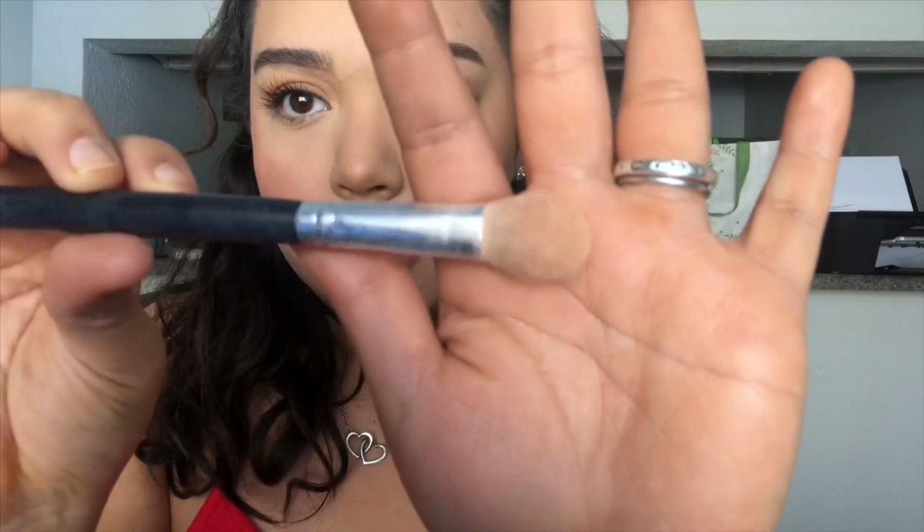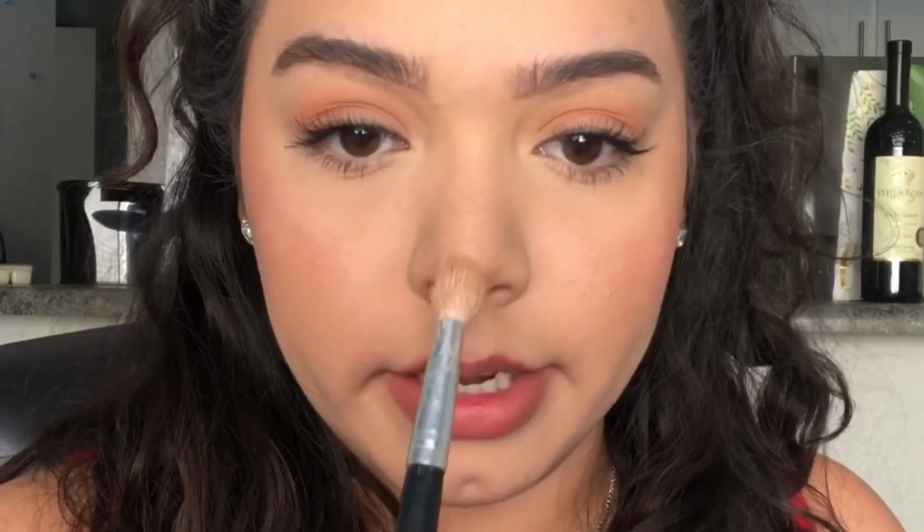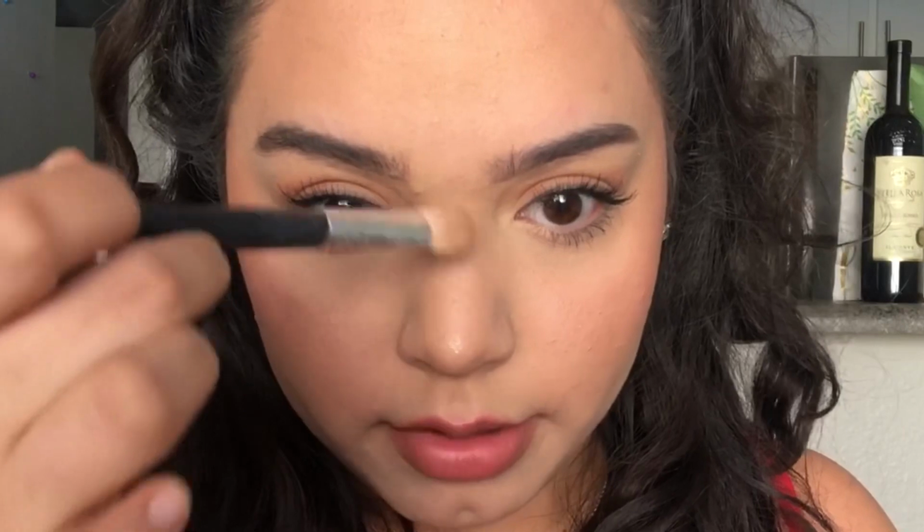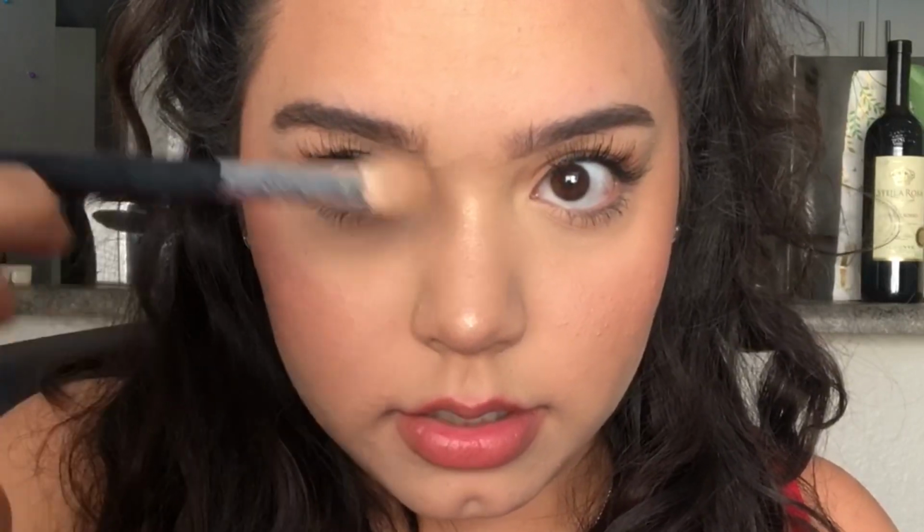Then once all of that is done, I know, so many steps, I like to get my Morphe brush in this kind of shape. It's thick, you see. And then I'll get my Wet n Wild Mega Glow highlighting powder in the shade Golden Flower Crown. Put it on my nose, and then the tip of my nose, and then the top of the bridge. And then my Cupid's bow. So I accidentally washed my chapstick, but I usually use the Burt's Bees in the shade Pomegranate, and